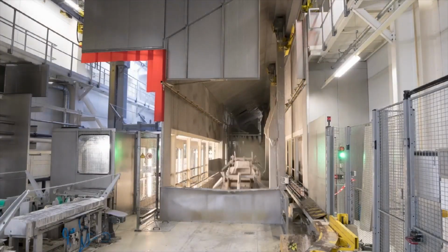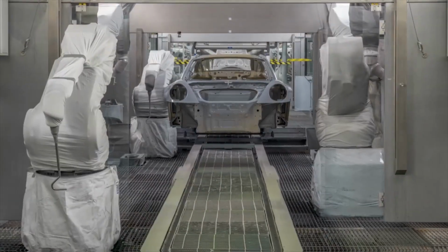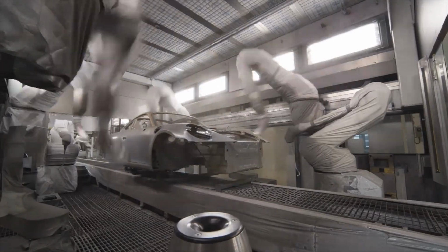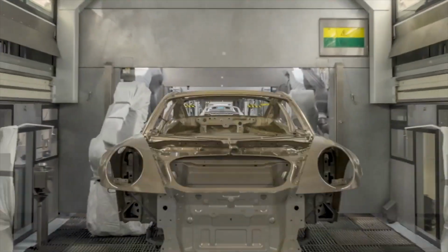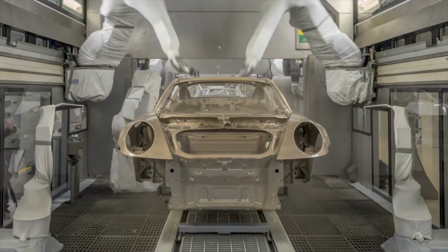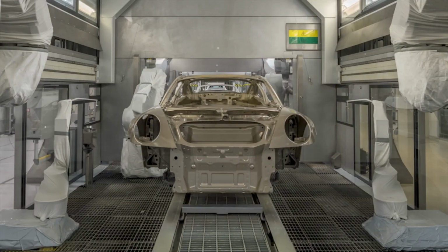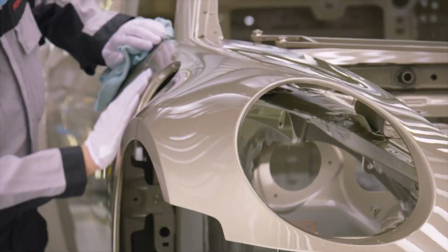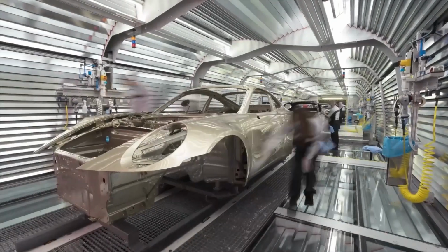These AGVs, already utilized in the production of the electric Porsche Taycan, enable a seamless integration of combustion engine and electric powertrains on a single line, enhancing capacity and flexibility. Quality remains paramount in Porsche's pursuit of excellence. To this end, Porsche has implemented advanced quality checkpoints and assembly processes, ensuring that every vehicle meets the brand's exacting standards. From the installation of new assembly processes to the establishment of quality assurance stations, Porsche is redefining quality management